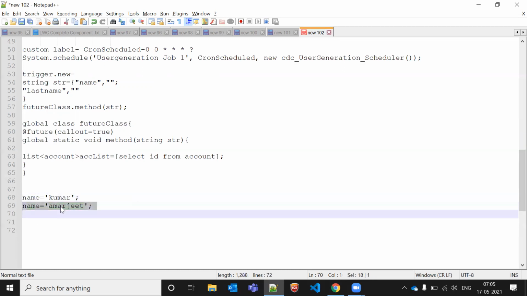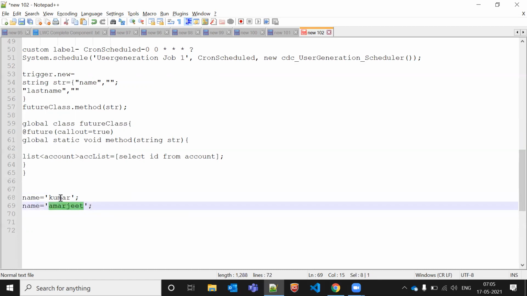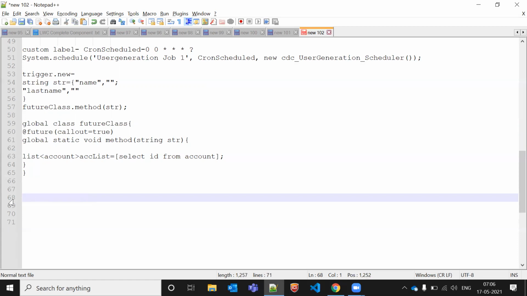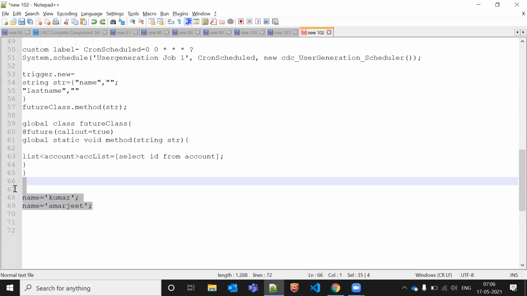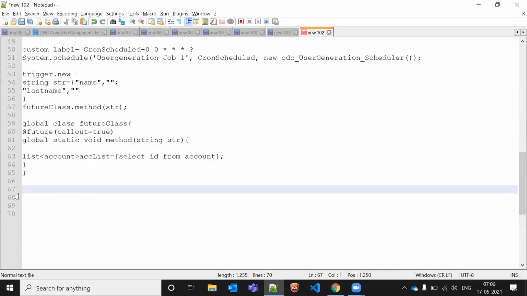At that time the asynchronous operation will not be able to understand whether it should run or not. So, to avoid that confusion in asynchronous operation, we do not use sObjects as parameters.